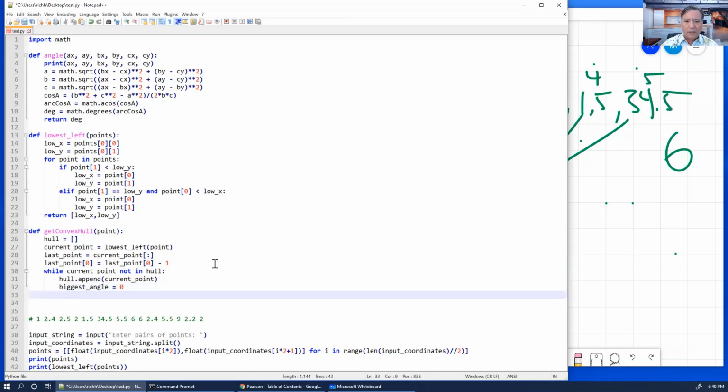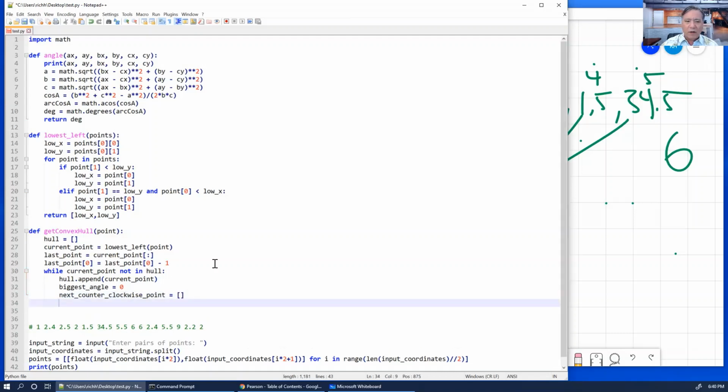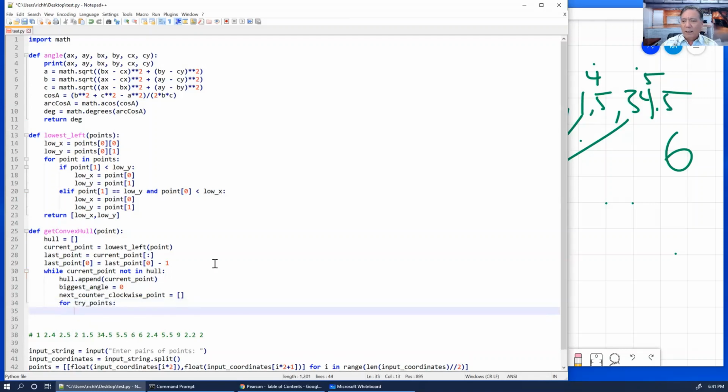And I'm going to say my next counterclockwise point. Big long variable name there. So then I'm going to try all the points in my set of points. Try every one of them, and if